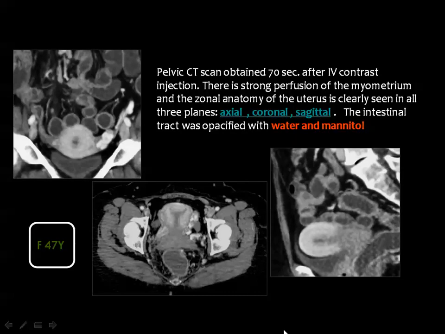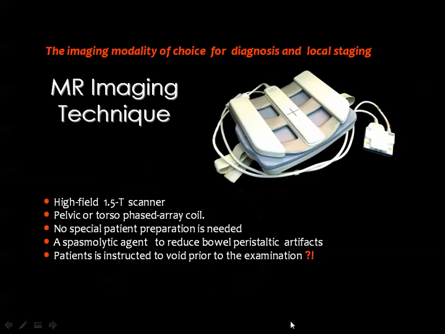And you should know that CT is not that good for evaluation of uterine pathology, especially those which are concerned with the zonal anatomy of the uterus, since even after injection of contrast material and with the reformatted images, you are not able in many times to differentiate the uterine zonal anatomy and be sure about the presence of definitive masses. But actually MRI has a good role, and ultrasound, especially the transvaginal one, may be of great help